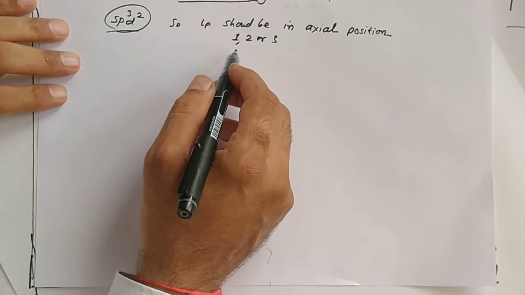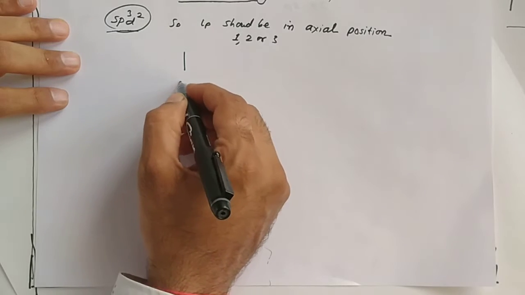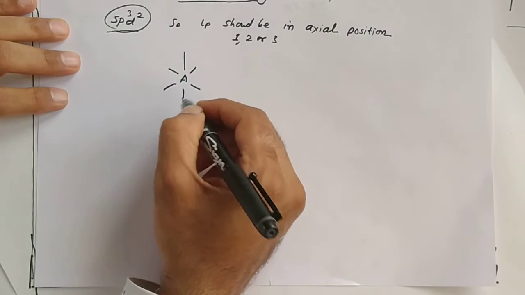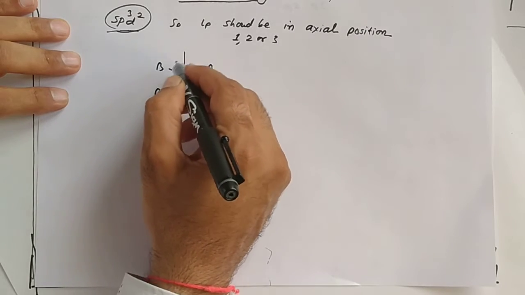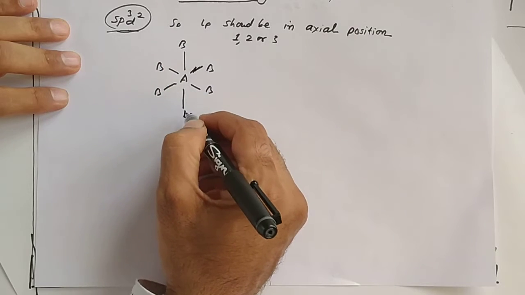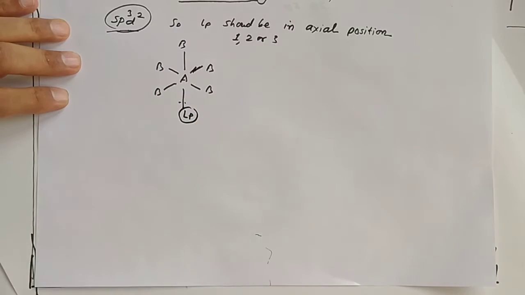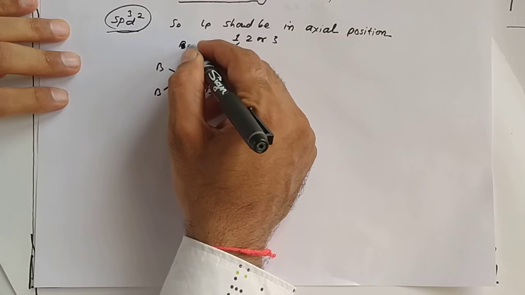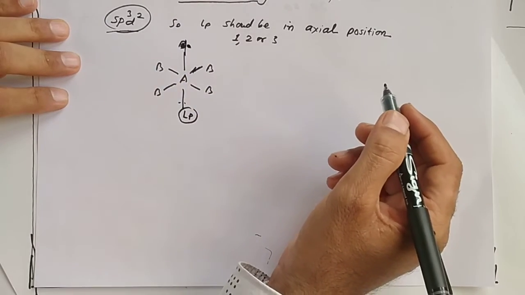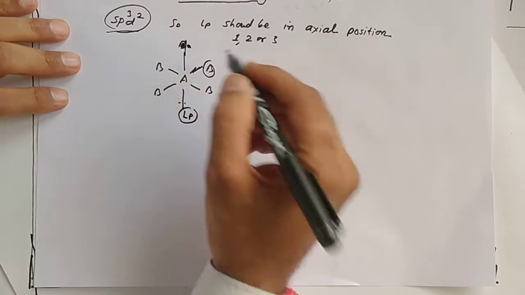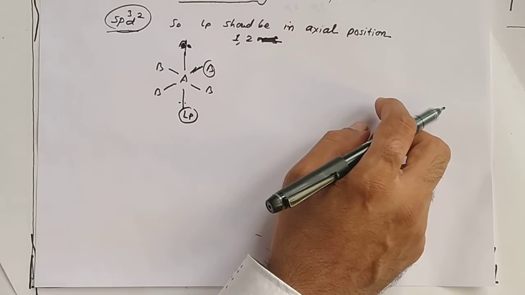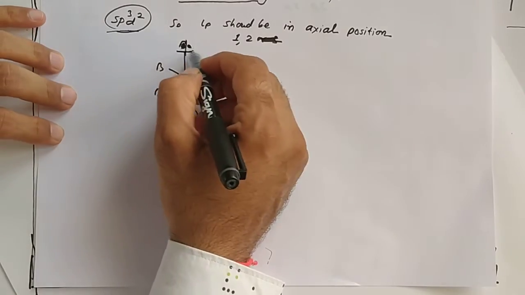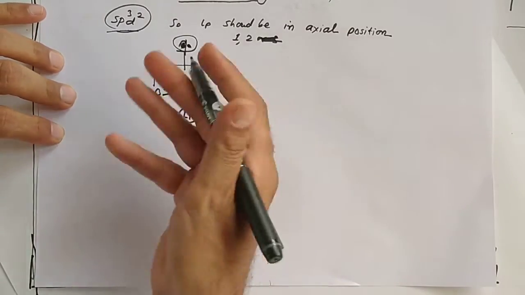If 1, 2 or 3 lone pairs are present, suppose A axial, B bonding, suppose 5 bonding and 1 lone pair. The lone pair should be on the axis. If 2 lone pairs, they should also be on the axis. If 3, then 1 comes here, 1 or 2. A lone pair in sp3d2 always lies on the axis. These 4 are equatorial, planar.